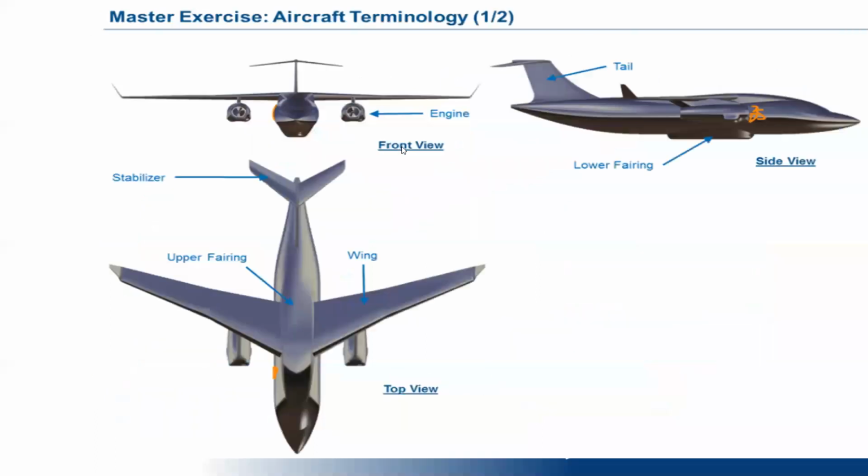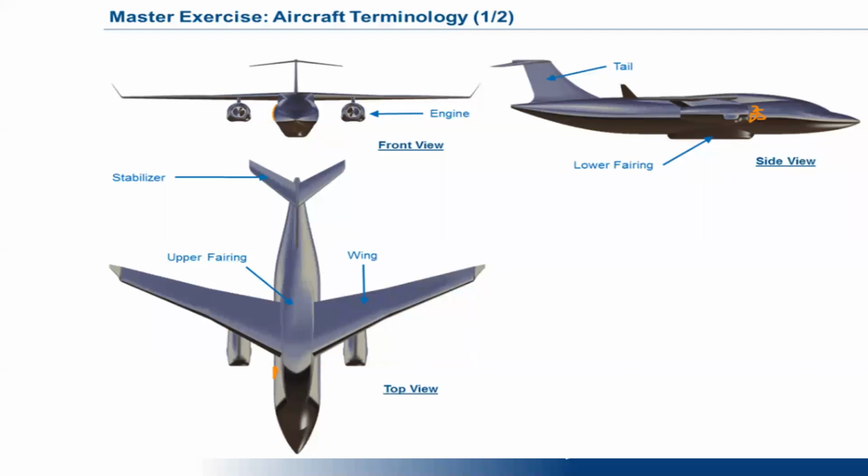This is the basic aircraft terminology of what we are going to design here. We are not taking complicated, complex stuff. We are going to simply take one private jet and design the outer surfaces of that model with respect to the styling data that we have. We will design the engine, the upper fairing, and the wing. Once we complete the surface generation, we will finish it and make the whole aircraft outer portion.